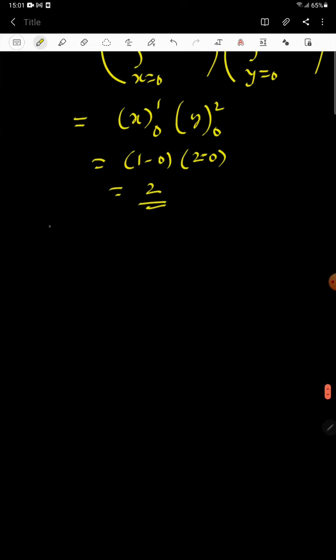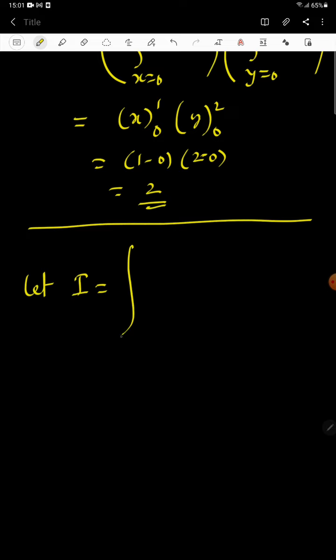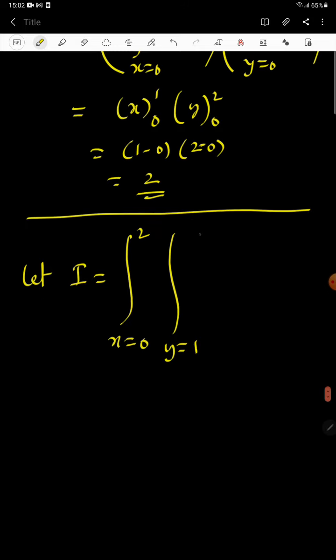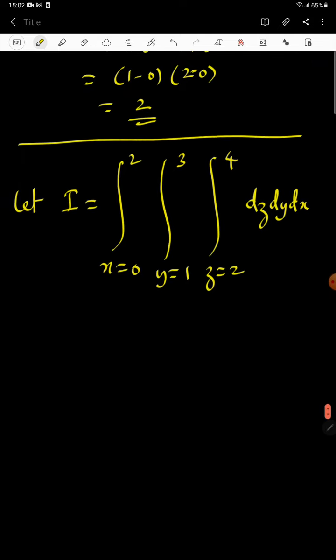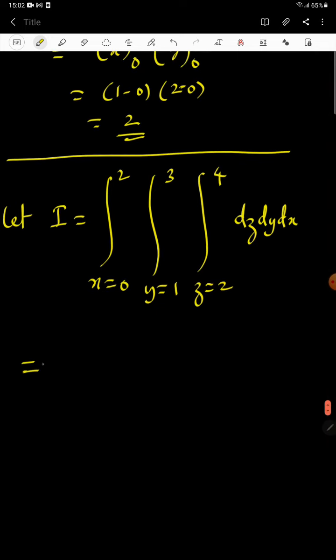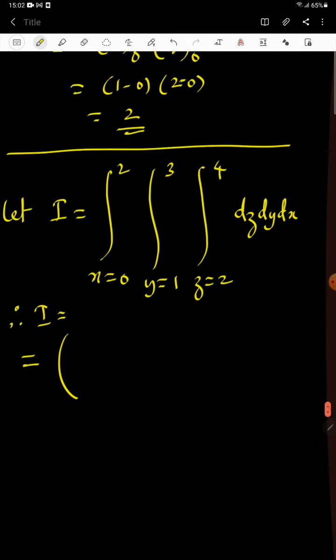And we can take advantage of this particular concept even in the triple integral. Suppose let I be equal to integral x equal to 0 to 2. It is not necessary that it should start with 0. I can take y from 1 to 3, and z equal to some 2 to 4, dz dy dx. Actually this is a triple integral with constant limits. It can be very easily written, therefore I is equal to